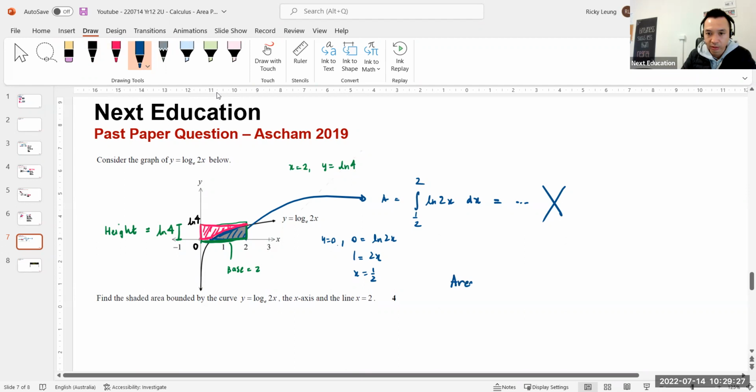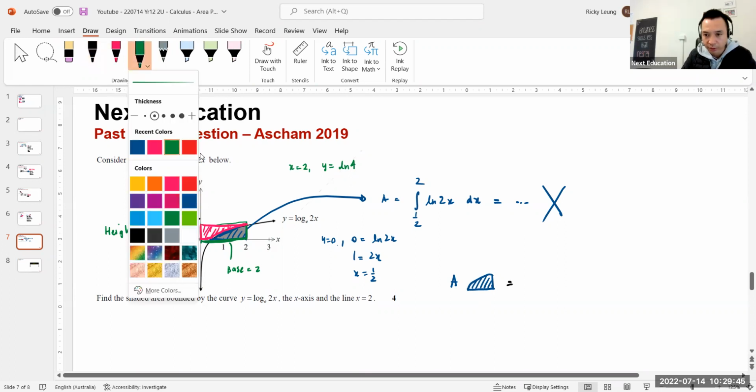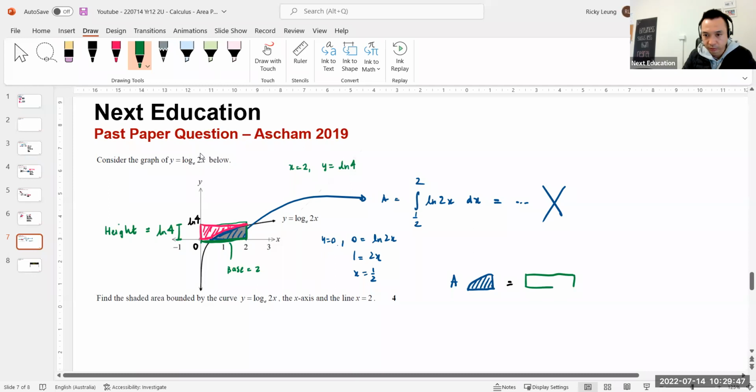Now I would use diagrams to help you, right? Maybe I won't do area, I'll do area of this guy. Yeah, my students, this is what they see me do. Area of this guy equals 2, the green rectangle. Yeah, I like diagrams. There you go. Minus